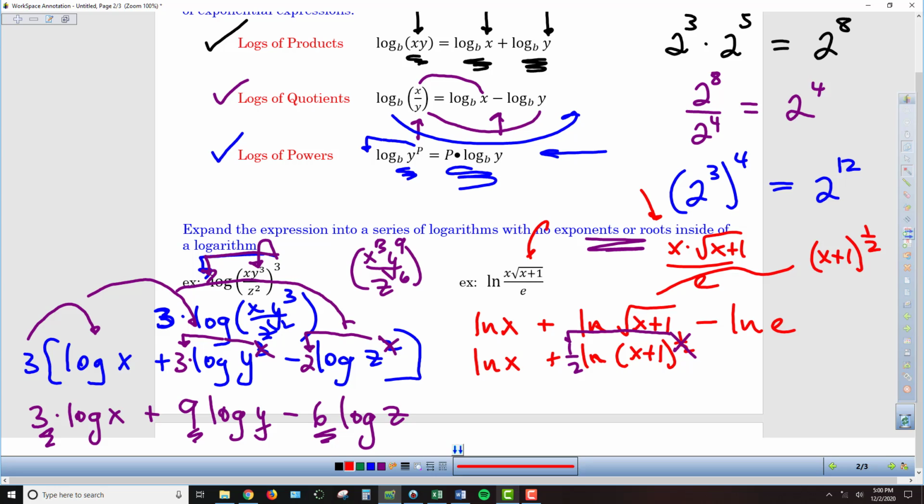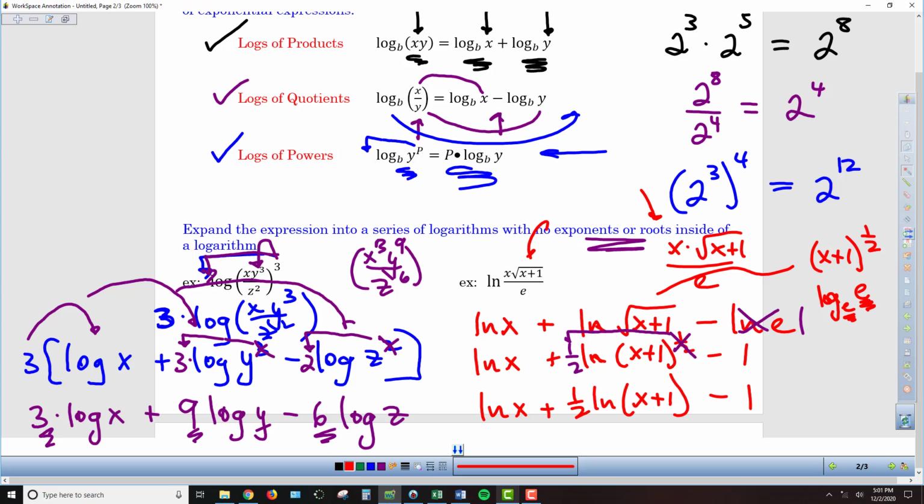Remember, natural log is really log base e. And so if I'm taking the log base e, the natural log of e, that's a circumstance where the base of my logarithm and the number I'm taking the log of match. And so in that circumstance, that always equals 1. So that means I've got a minus 1 as part of my expression. So our final result, natural log of x plus 1/2 times the natural log of x plus 1, and then